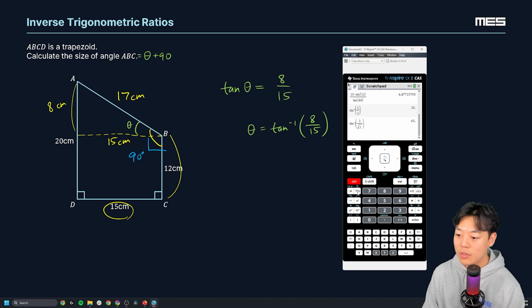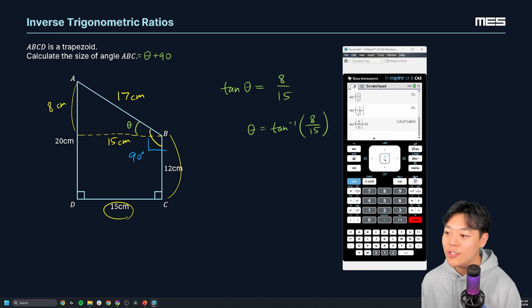So we have inverse tangent of 8 divided by 15, and on the outside, I'm going to add a 90. That gives me 118, and it doesn't tell me what to round to, so I'm just going to round to the nearest whole number here. We'll have 118 degrees